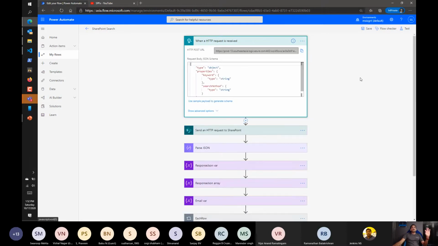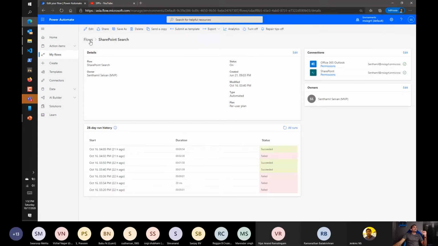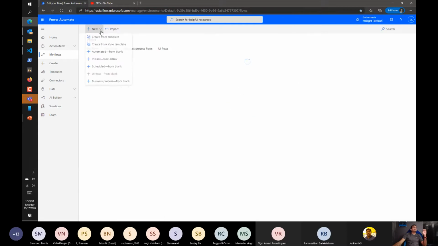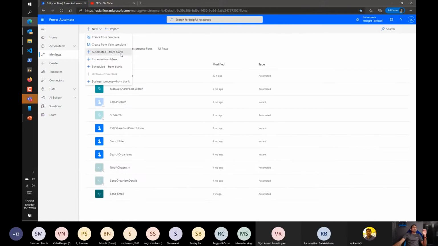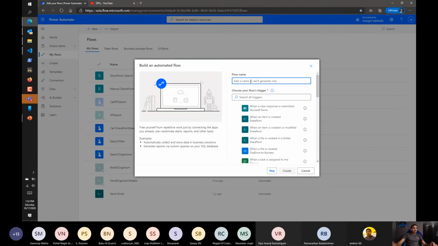As you can see, the first activity you should do is use the HTTP request trigger. That is one of the triggers you can create. Maybe I'll go through one of the flows I can create. Create by automated, then give a name